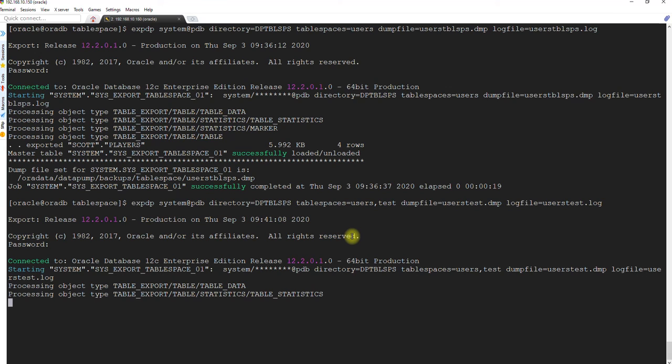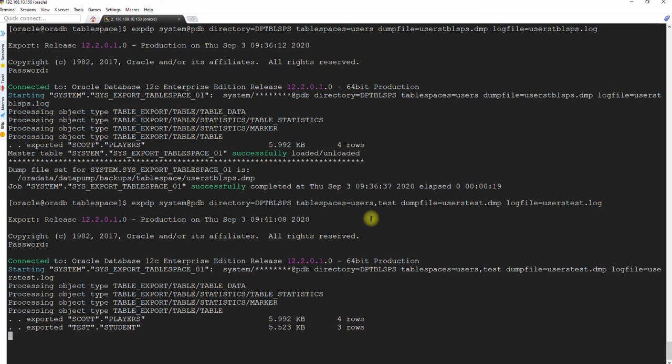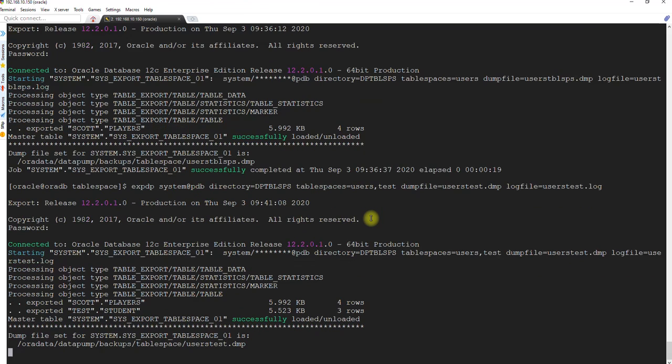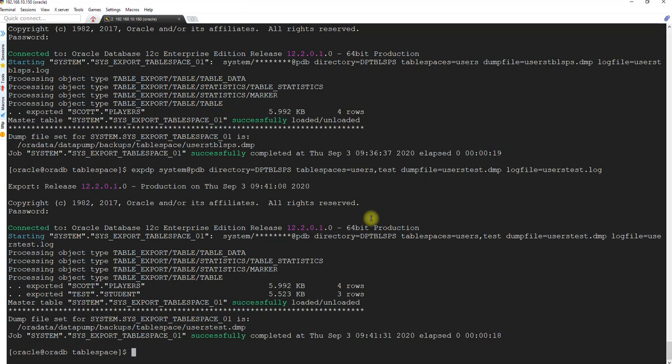So there must be a student table under the test tablespace. It will be backed up. That's how it's done.